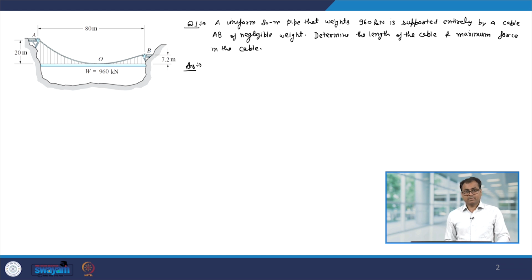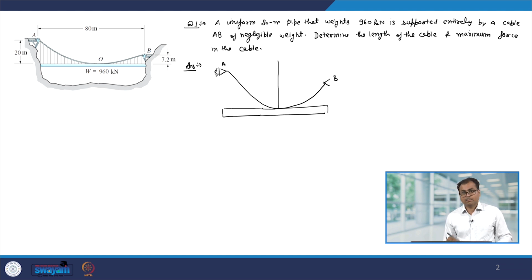So, first, since the cable is supporting a uniform weight along the horizontal direction, the equation of the cable will be a parabola. So, this comes under the first category. Let me first make the free body diagram of this system. So, we have this cable, this is point A, point B, and this is supporting a uniform weight. Let us put the axis at the bottom point of this cable. So, this is the x axis, the y axis, this is 80 meter,